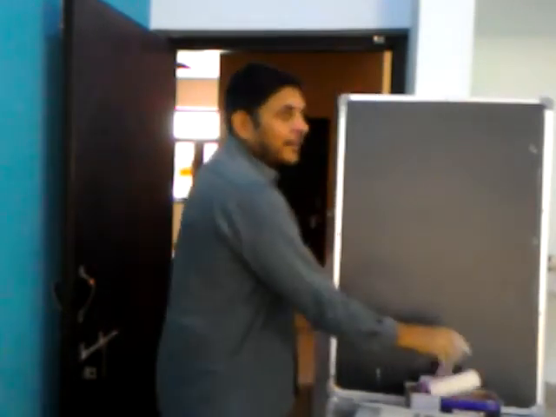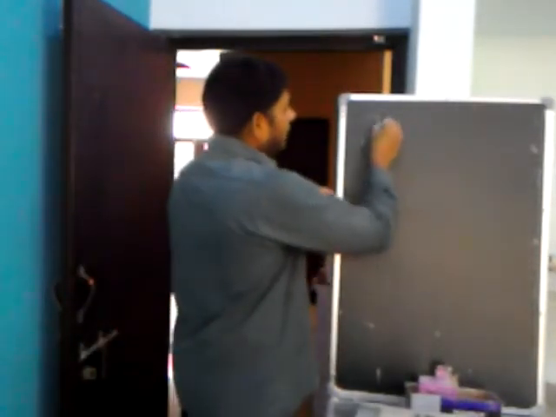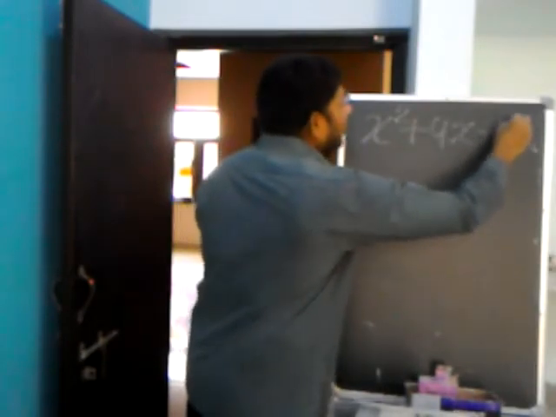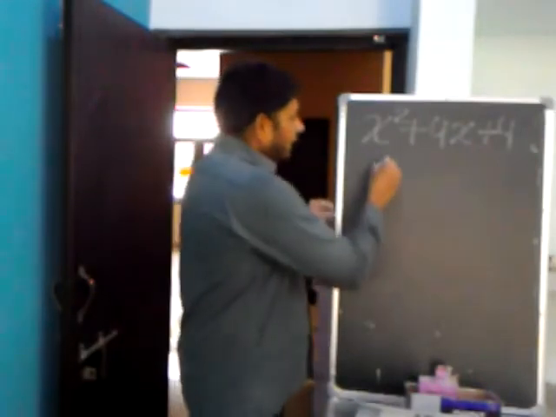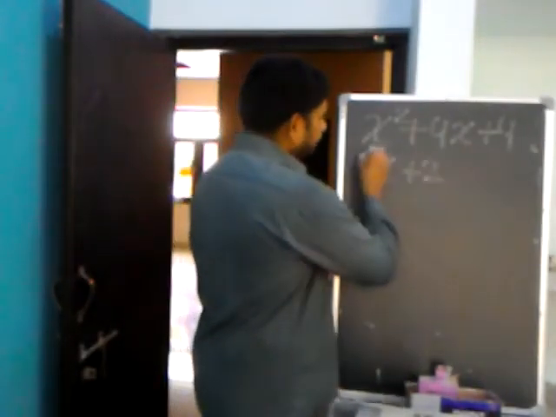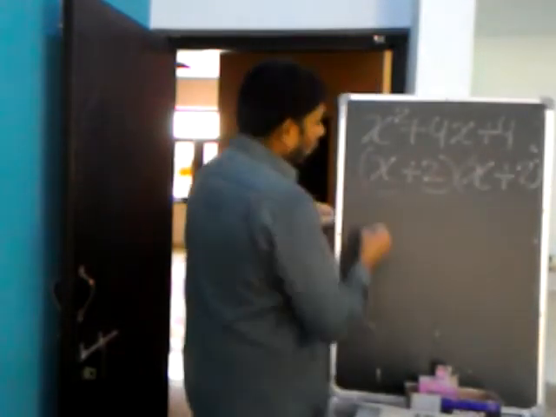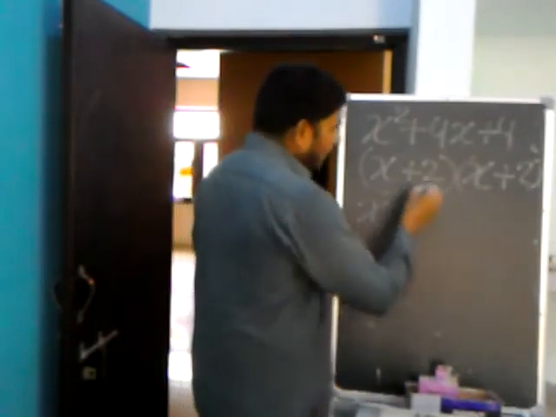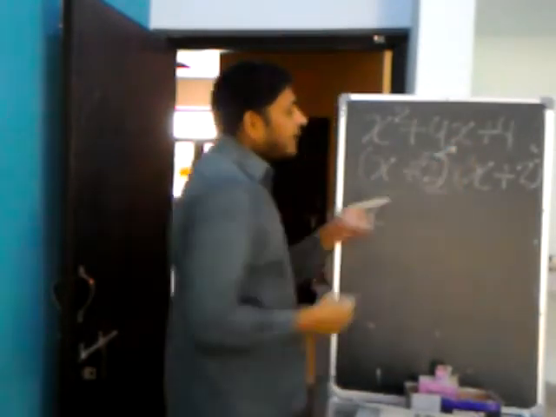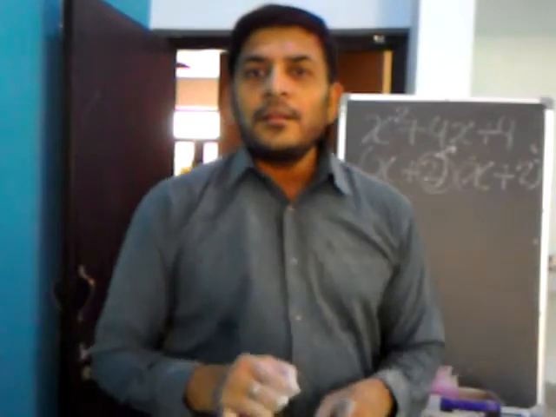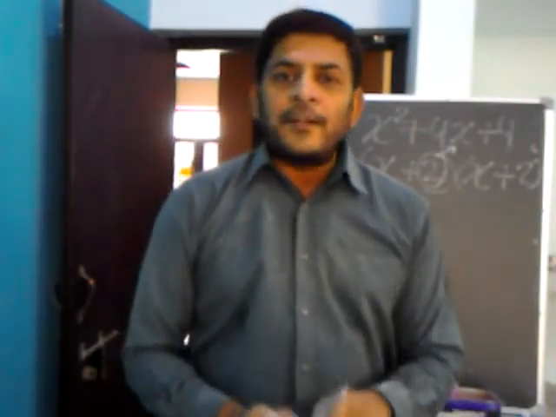So what is the relation? In our example of x square plus 4x plus 4, the factors are x plus 2 and x plus 2. So this first constant part, the part which is having a constant or fixed value,